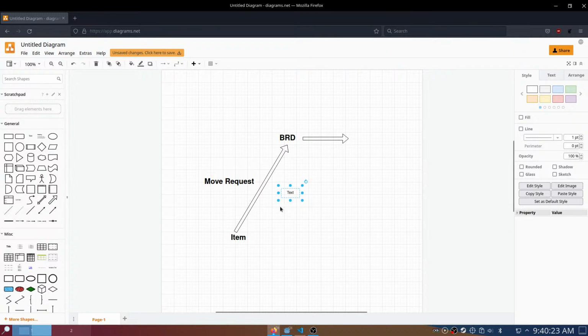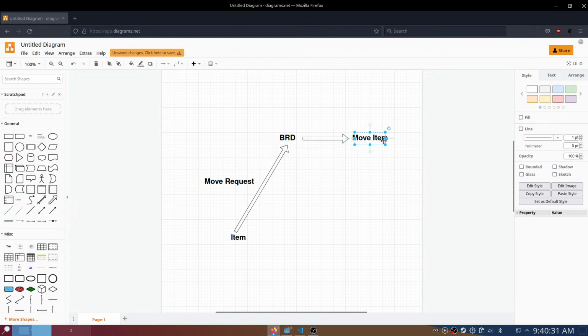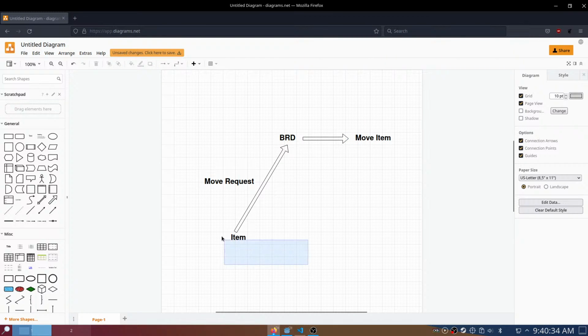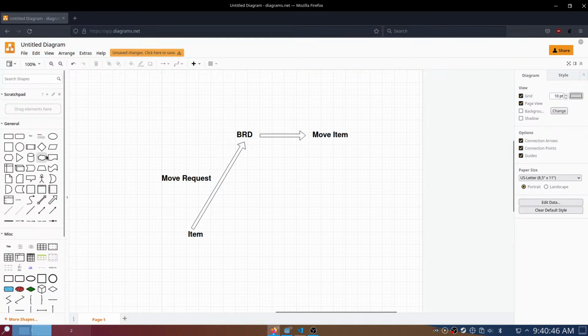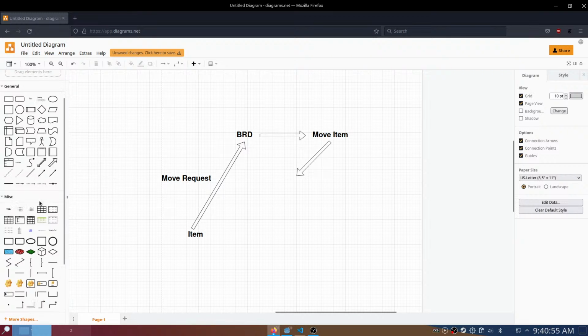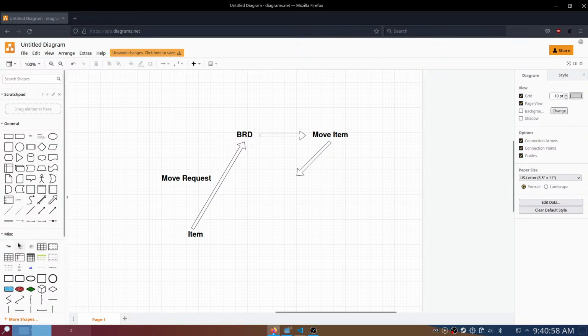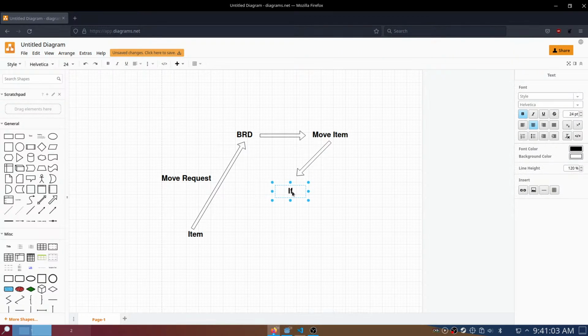So move request. Let me add a title. We move the item depending on its current state. So move item. This is a really oversimplified version, but whenever the item sends a move request to the board, it pretty much just moves that item to the new board. And I could probably add a little bit more to this. So if the item does have a state of done, I feel like there's a better thing for that, but I'm not sure what it is. If done,